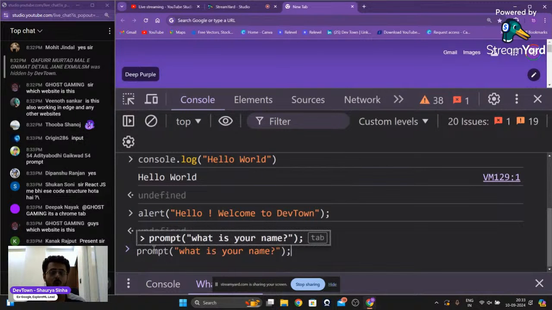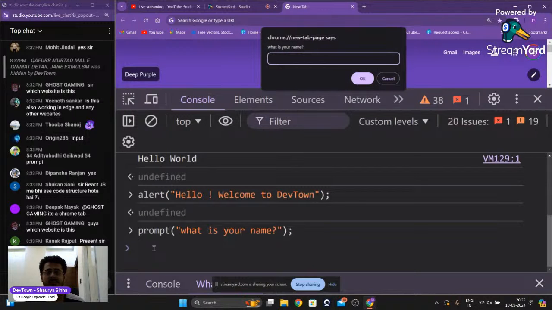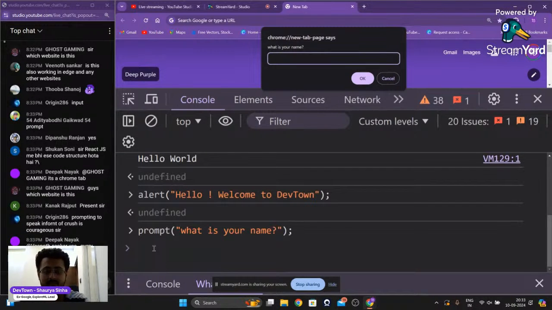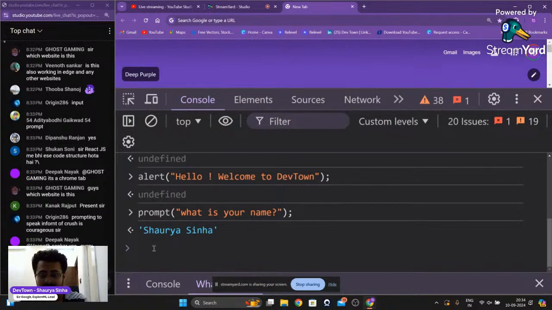As soon as I press enter, as you can see, we get a notification very similar to an alert, but this time we also have an input field. So I can put up my name here, Shaurya Sinha, and I'm able to get that Shaurya Sinha inside my console.